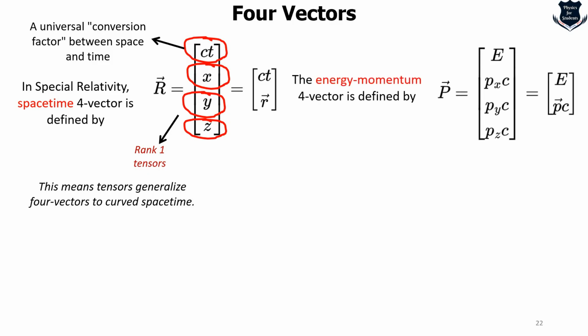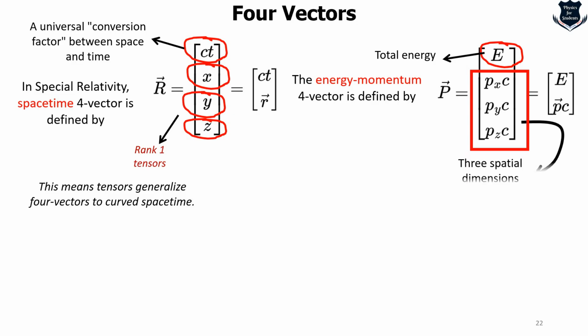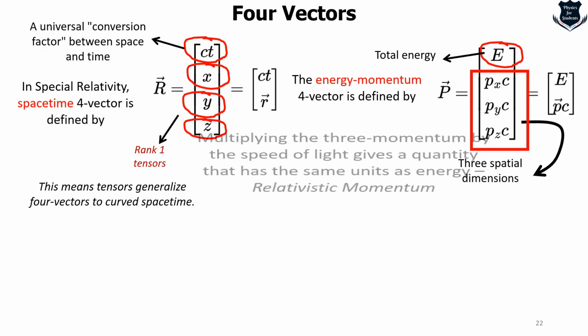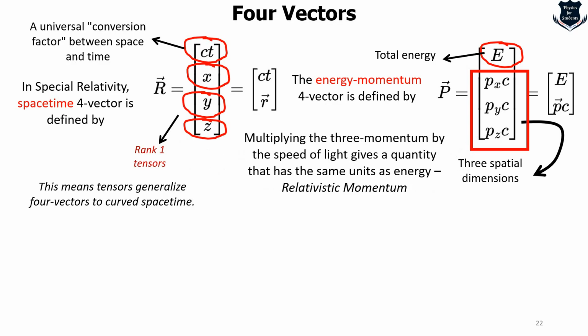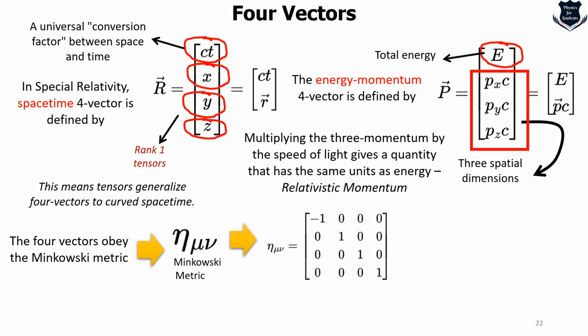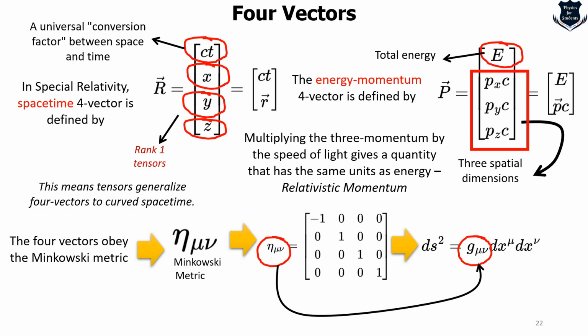And the next type of vector is the energy-momentum four vector. Here you can see this is the total energy, and these are basically the momentum coordinates multiplied by the speed of light. So these are three spatial dimensions. Why are we multiplying the three-momentum by the speed of light? So that we get something called a relativistic momentum. And remember that these four vectors obey what is called the Minkowski metric, denoted by the Greek letter eta. It looks like this. What the meanings are, etc., we will come to later. And this eta mu nu